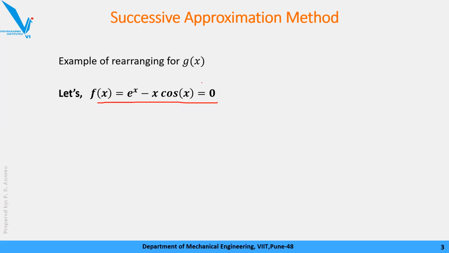जो फंक्शन है, somehow try to convert this function such that I'll get some expression x equal to something something something, and this is nothing but g of x. Okay, तो एक इजी टास्क क्या है, देखो e raised to x minus x cos x equal to 0 है ना, तो क्या करते हैं यहाँ पे प्लस x, इधर भी प्लस x कर देंगे, हो गया ये x equal to something some term.